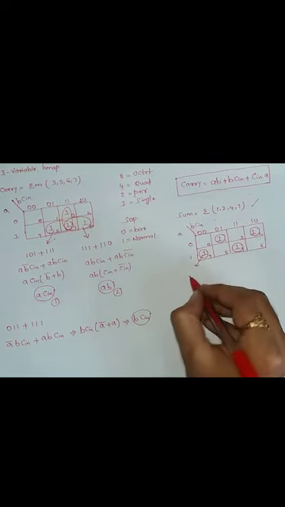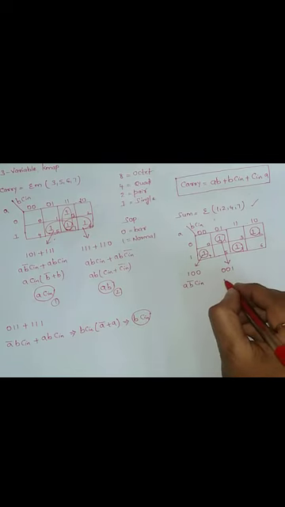Now try to write the equivalent for 4. 4 is 1, 0, 0, which can be written as A, B bar, C in bar. Next, this is nothing but 1. 1 is 0, 0, 1, which is A bar, B bar, C in. And this is 7. 7 is 1, 1, 1, which is A, B, C in. And 2 is nothing but 0, 1, 0, which can be written as A bar, B, C in bar. So finally our answer for sum will be this.